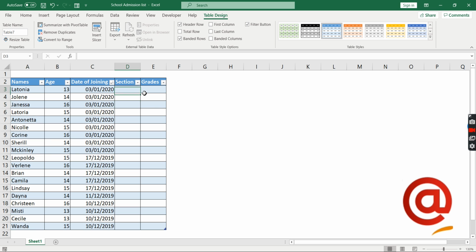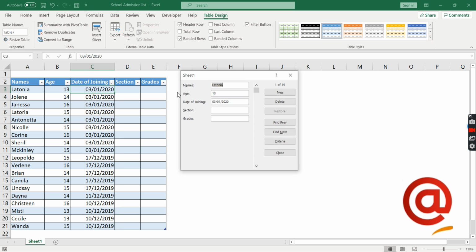So now we have these two vacant options. So we click anywhere. We click then Form. And then we have all the details here. So all the details, name, age, this one we already had mentioned in the form, but the section and grades were missing, so we say section A, grade, let's say 95 or 100,